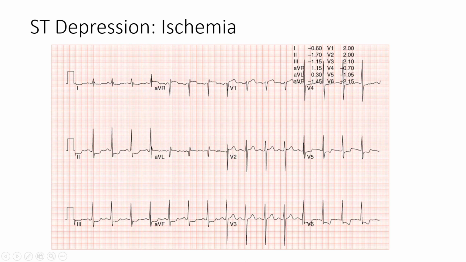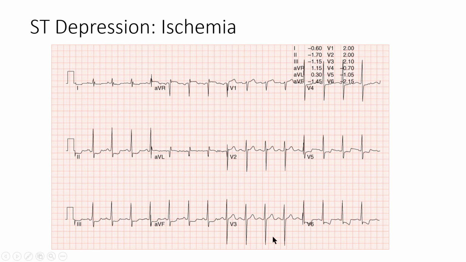Let's look at this 12-lead EKG. Here we can see in leads 2, 3, and AVF, we have 2.5 to 3 millimeters of ST segment depression here, and here, and that's horizontal ST segment depression. I don't see much in the way of ST segment abnormalities in 1 and AVL, nor do I see any in the anterior leads,